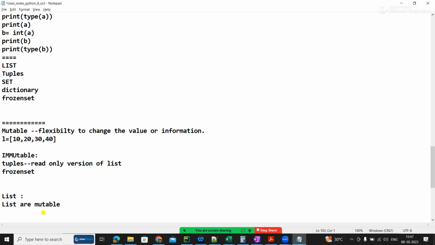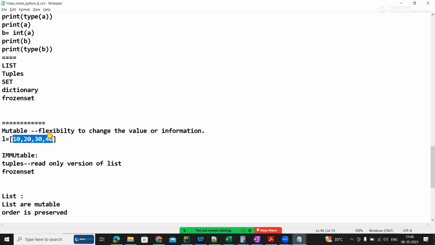One more important thing of list is it's like a queue, first come will be at the first space, second, third, fourth, and again fifth. That means order is preserved. Order is preserved means there are some things, like even sets, where order is not preserved. If you insert like this, the output might get first 40, after that 30, after that 20, but lists are not like that.